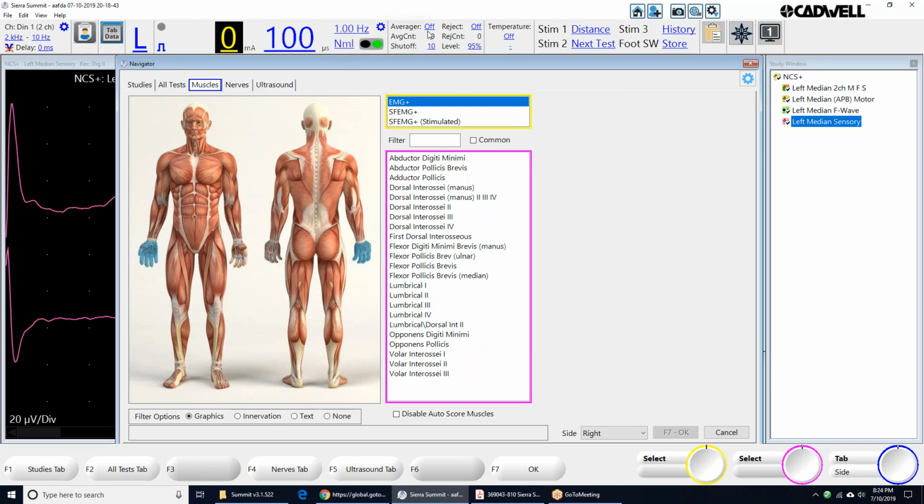Oh, I just got a question from Agnes. That's a good question, so I'm going to read it. So she said, if you have a combined study, sensory, motor, and F-wave, and then you use site sharing, how does it appear on the report? So it's going to show up as individual tests, but what you want to do on the results is you want to make sure that when you're in tab data,